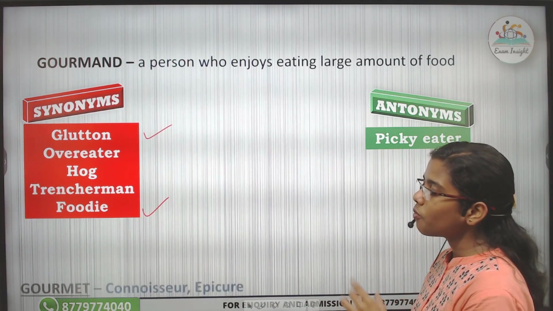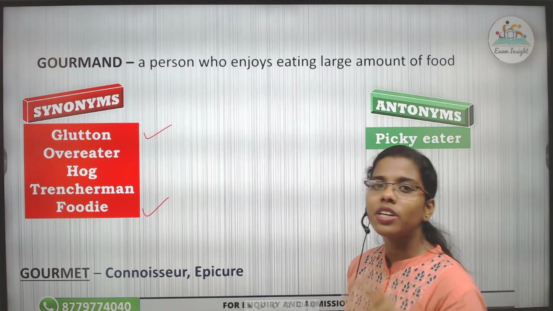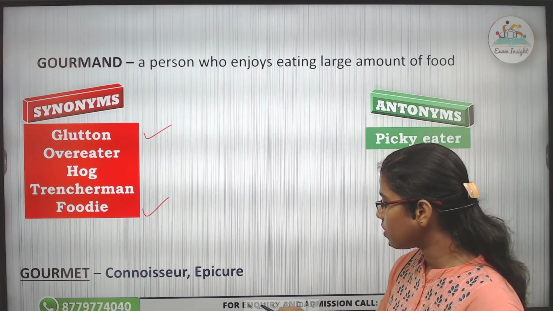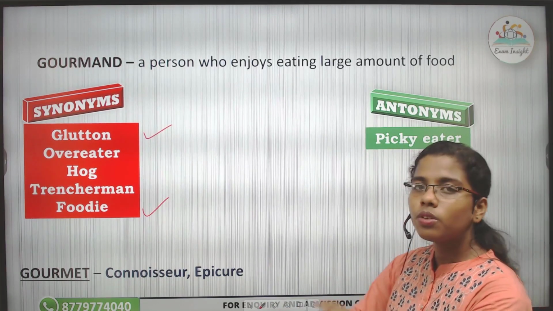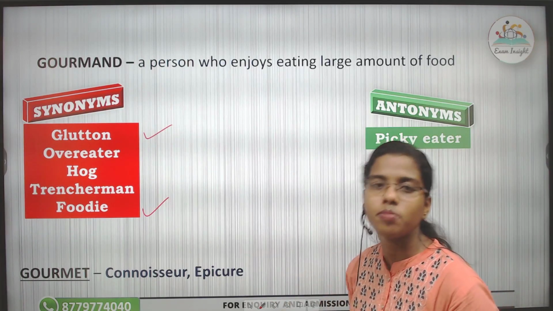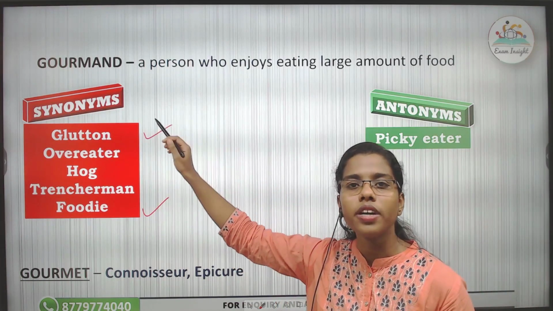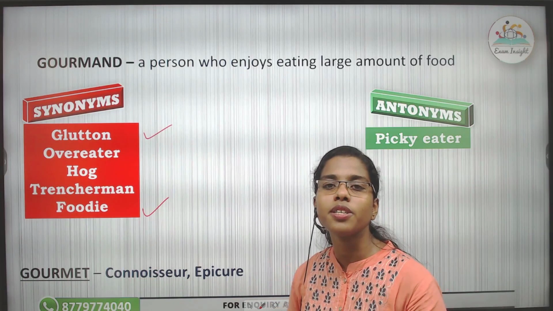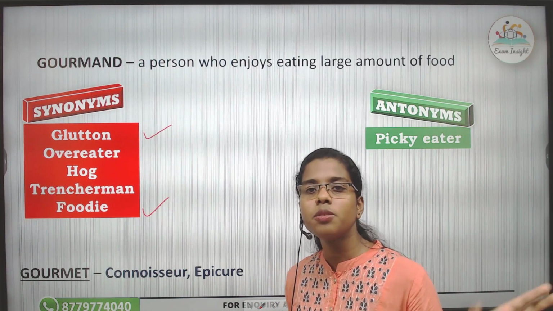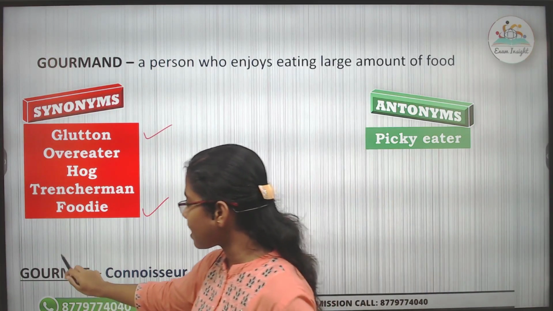Next is a word called gourmet, which students actually get confused between gourmand and gourmet. So I have brought in this word not to get confused but to differentiate, because gourmand and gourmet can be antonyms. Gourmand is a person who likes to eat a lot, but gourmet is a person who tries to observe the food. He doesn't like to eat so much, but he likes to observe the food closely. So here I can say